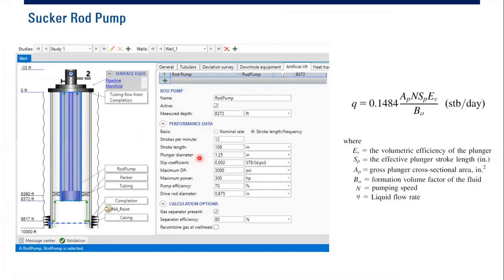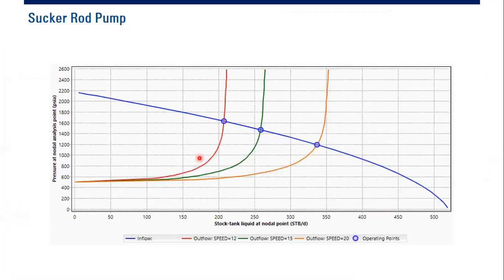The same thing, we construct the IPR and then we do sensitivity analysis. We do some scenarios like this one. I construct the nodal analysis. This is the IPR, and I do a sensitivity to vary the speed, the strokes per minute. I put 12, 15, and 20.